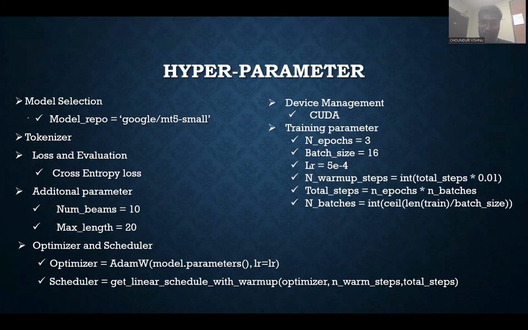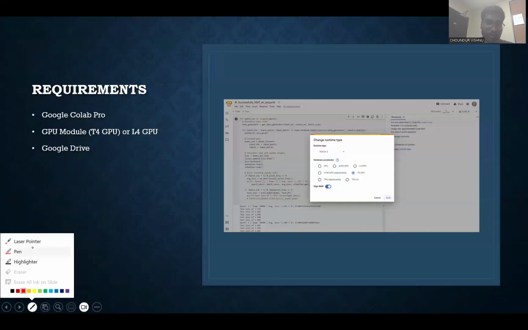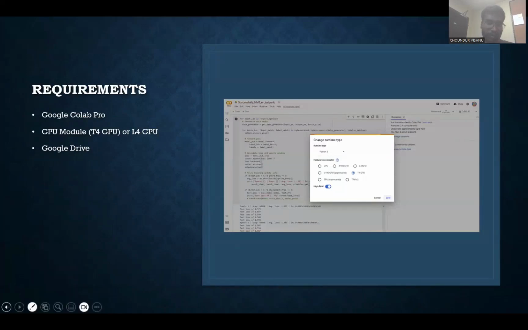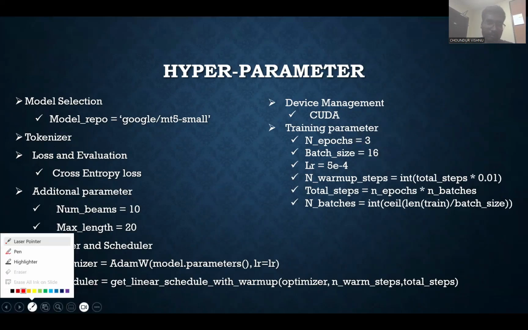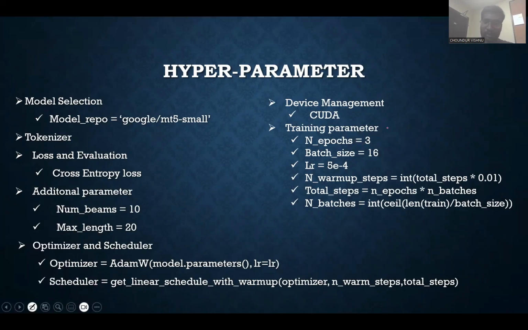In order to run this model, CUDA is important, and we are using Google Pro Colab. Initially we have taken the number of epochs as 3, then we are going to train with 10.